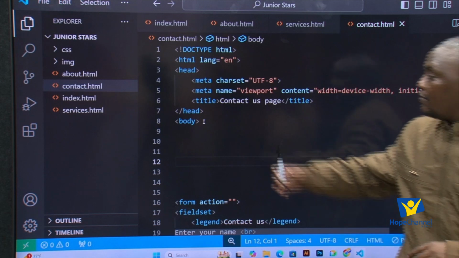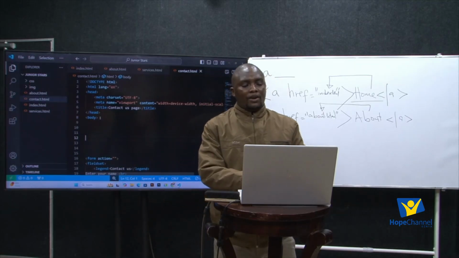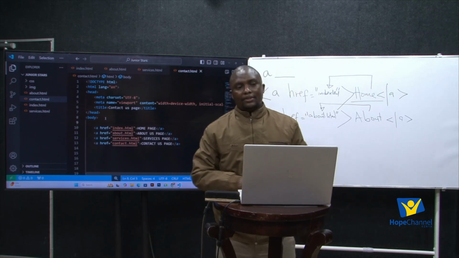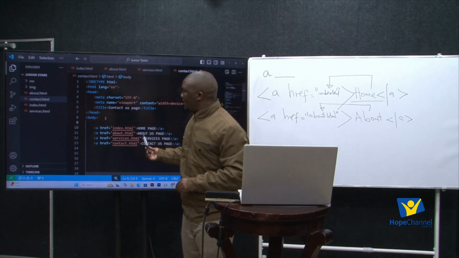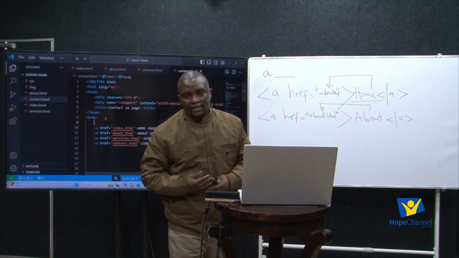Very important. So we've now linked all our 4 pages together,